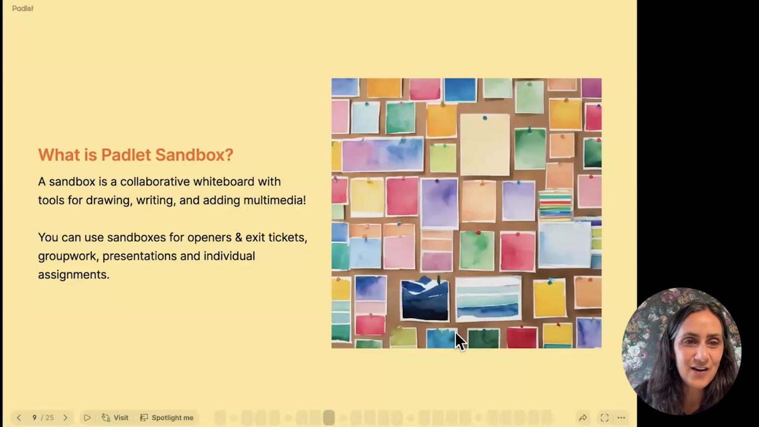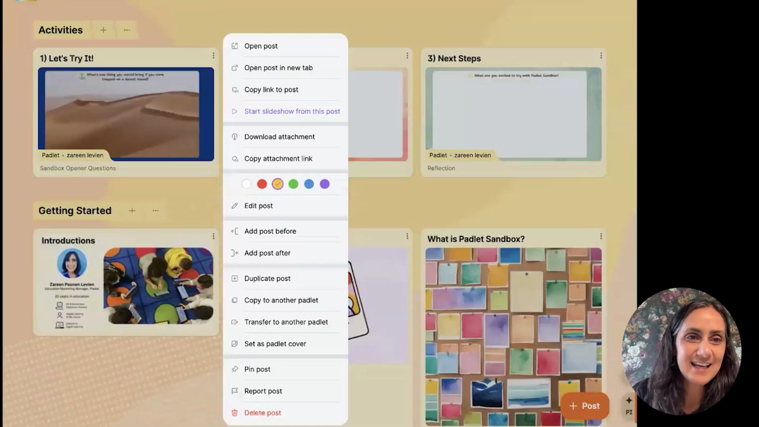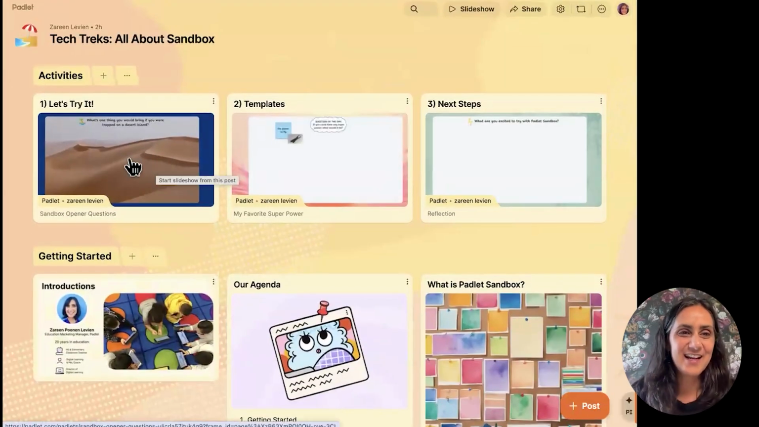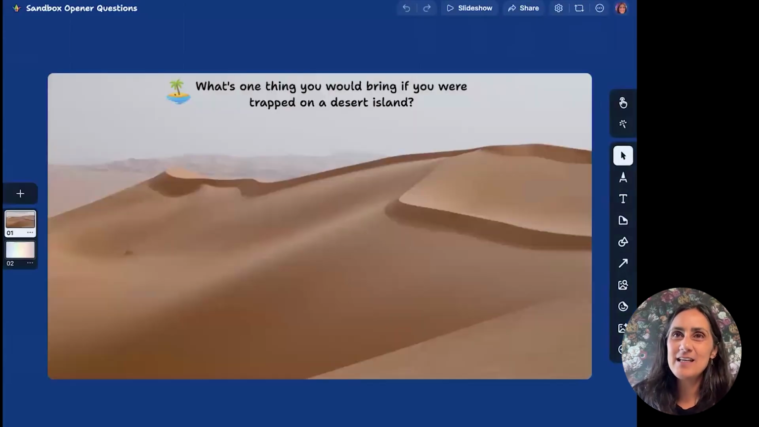All right, so first of all, let's try it first, because it's always fun to get our hands into Padlet. So I'm going to give you a direct link to this Padlet. And this is a Padlet Sandbox. So if you've used Padlet before, you might notice that it looks a little different than some of our other Padlets because it is a whiteboard. So if you come onto that link that I just put into the chat, you'll have some tools here along